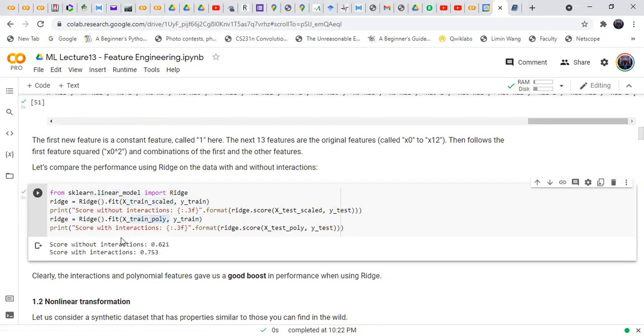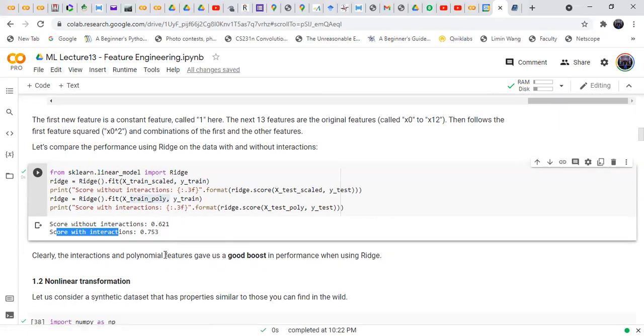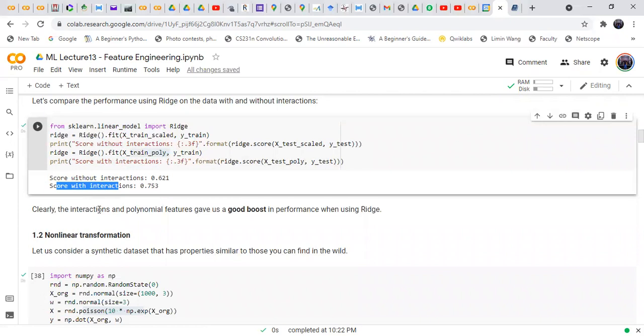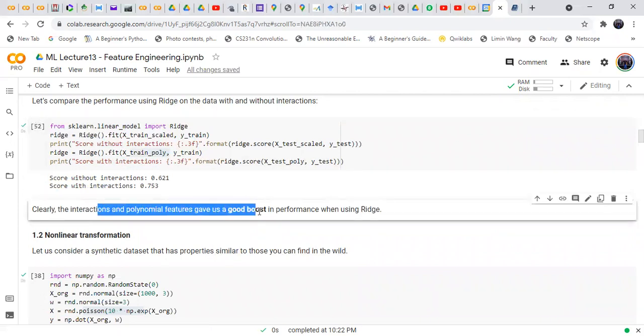We see that when we use the original features, without interaction, it gives 62% accuracy. When we use the features with interaction, it rises to 75%. Clearly, the interactions and polynomial features give us a good boost in performance using ridge regression.